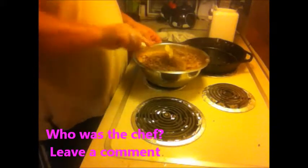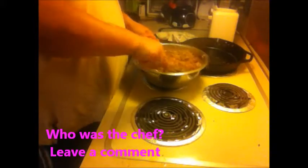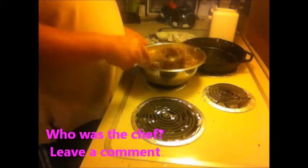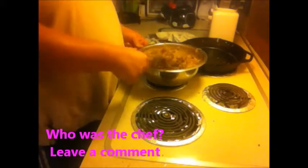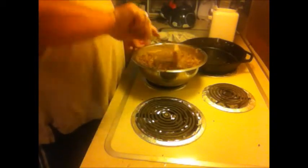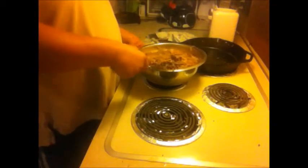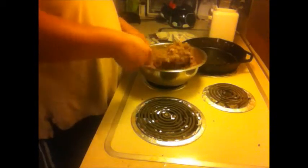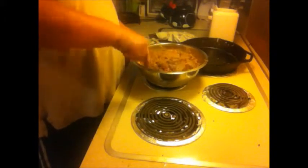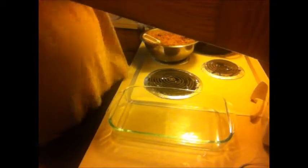There used to be a show on TV, and the chef used to say that you could probably smear this on the bumper of the car and make that bumper taste good, and I guarantee you. I bet this right here would make a bumper on a car taste good. Give me a couple of slices of bread and we'll make a sandwich out of this. I'll keep stirring. Alright,